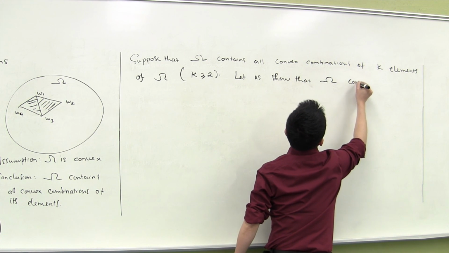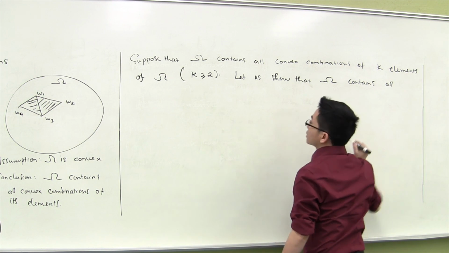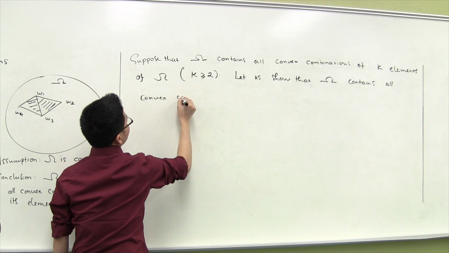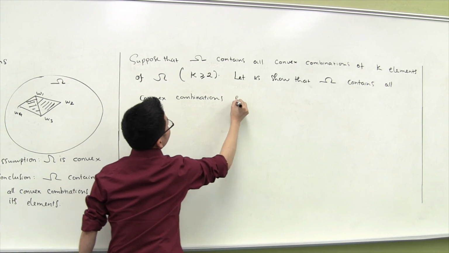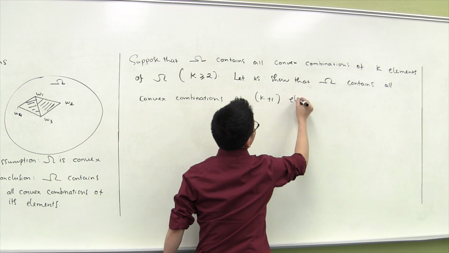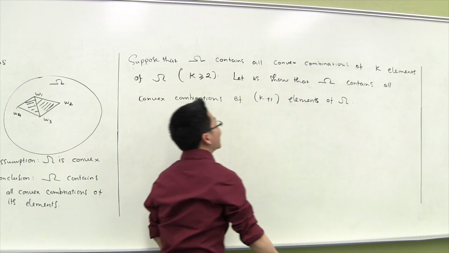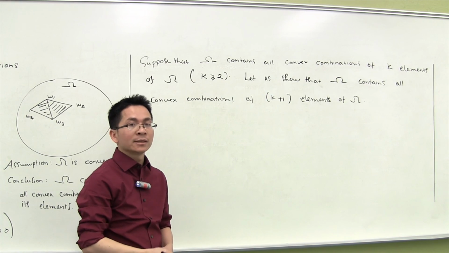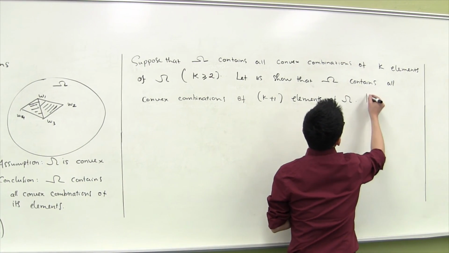Omega contains all convex combinations of k plus 1 elements of omega. And therefore, by induction, omega contains all convex combinations of its elements. Okay, so we fix